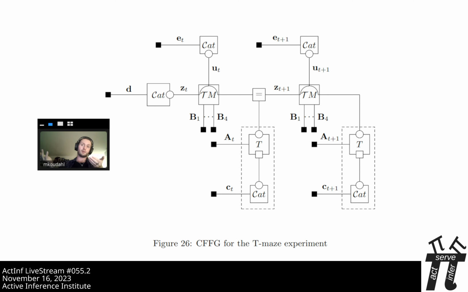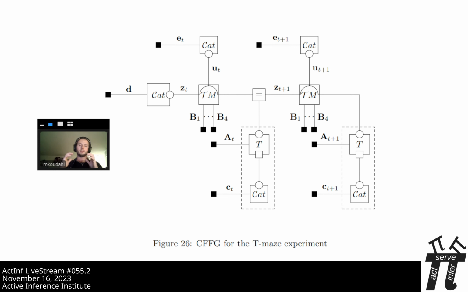You could, for instance, imagine that you have hyperpriors for E set by another agent. That just means you extend the graph, and maybe that agent has its own observations and so on and so forth. So then you need to attach that to the edge that is currently clamped with E, and now you're having an agent that sort of influences prior preferences over policies or habits. If you want to say, well, now these need to update at different rates, that's you having to mess with the schedule in which you pass messages. Sometimes you pass more in one agent than you do in the other. But these kind of things can be explicit now.